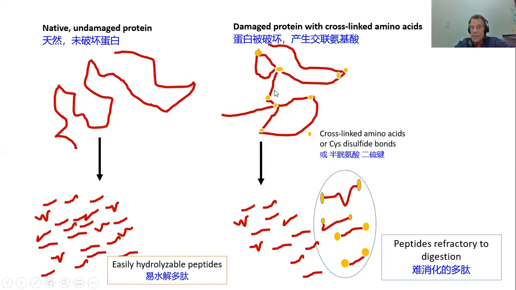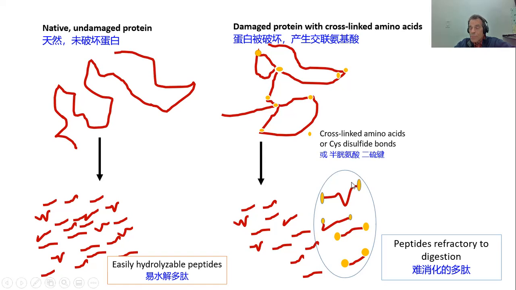When you create cross-links within the protein, you create knots within that protein, physical knots. I like to think about knots in your shoelace. Take your shoelace, make a series of complicated knots in it, and then try to cut your shoelace into small pieces, and it will be very difficult. There are going to be pieces you're not going to be able to chop very small because of these knots. So when you have heat damage, you have the formation of cross-links in the protein, and you end up with a mixture of easily hydrolyzable peptides, dipeptides, tripeptides, and stuff like that.